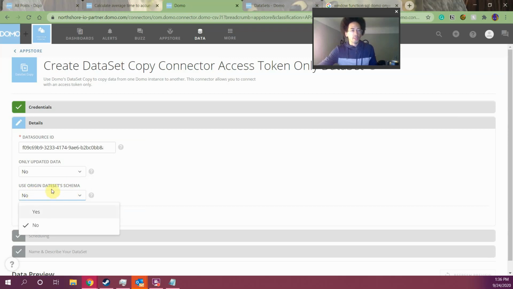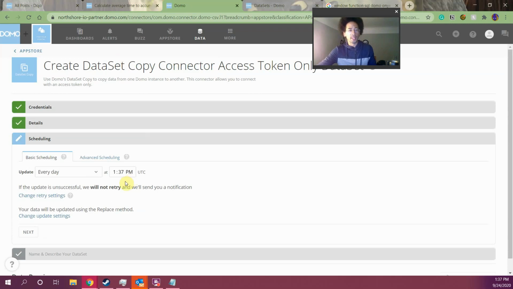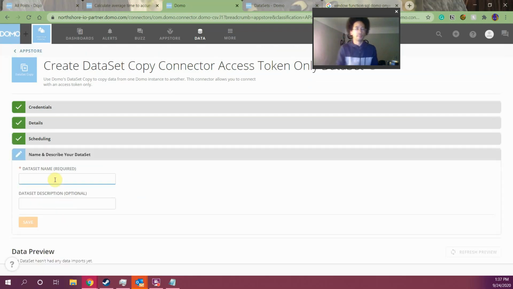All right, do I want to use the original dataset schema? Yes. If my underlying dataset changes, I want those changes reflected in this dataset copy. Do I only want the updated data? I'll say yes. So only move data that's actually changed over time. We'll call it CSV DOMO